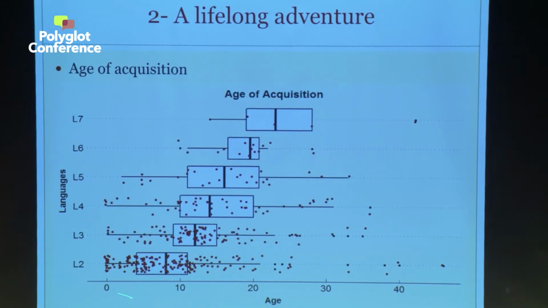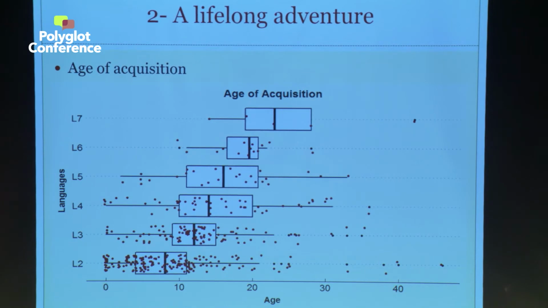And even if you go just a little bit higher in age, 3/4 of the respondents reported learning their languages before age 10 or 12. So most of them were introduced to their second language in childhood. And it's the same if we look at the third language. Most of them learned their third language before they were 20, which means that they are capable of learning these languages even under 20. And some people learn their other languages after 40, and it's completely fine.